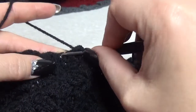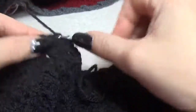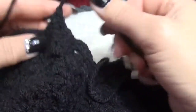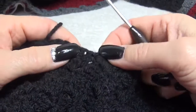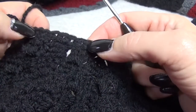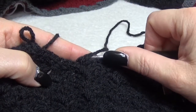and repeat. 3 single in the slip stitches and 3 single in the chain 3 space, and go all the way around. In the corner always a slip stitch and 3 single in the slip stitches and 3 single in the chain 3 space, and go all the way around, close with a slip stitch in the first standing single, and you